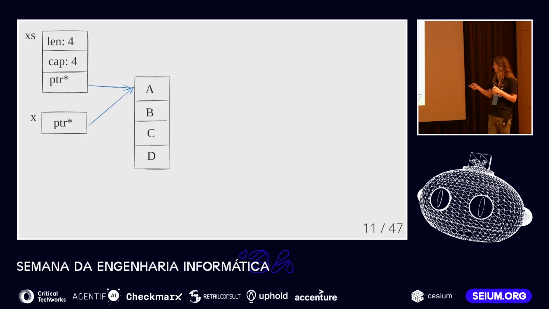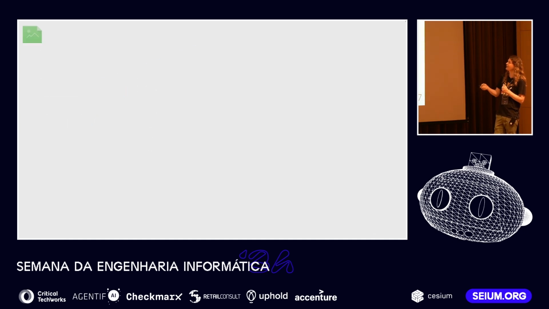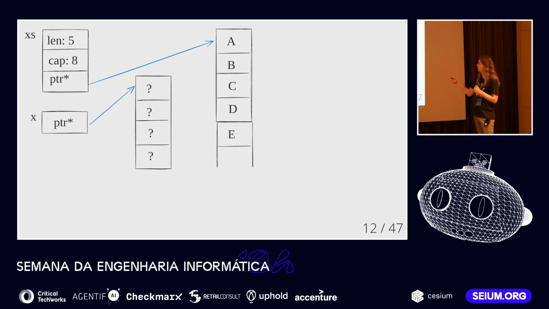So let's take a closer look here. This is the picture before we run this push_back function. We have our vector, which is a triple of length, capacity, and pointer to the actual elements. And here we have the actual elements. Then when we take a pointer to the first element, it basically points to the same buffer. Then we push onto this vector. Because length and capacity here happen to be equal, we actually have to reallocate this buffer, copy over all our elements, and add a new element.